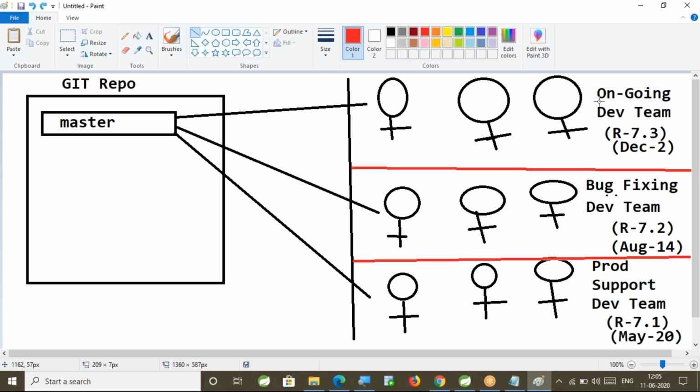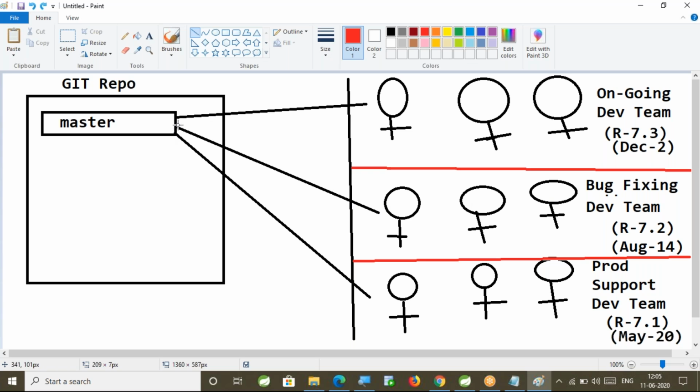Right. So daily, this ongoing team creates some classes, creates some methods, and keeps them in the repository. Fine, no problem. Next, the release 7.2 people, whatever existing code is available, they are fixing some issues in the code. They are also keeping the code in the same master branch.